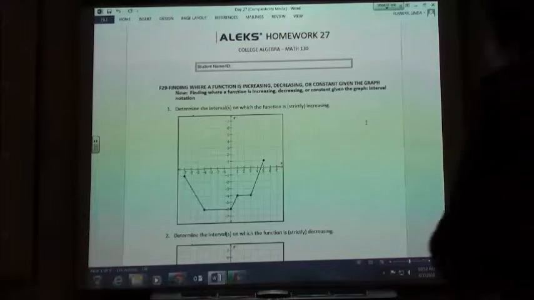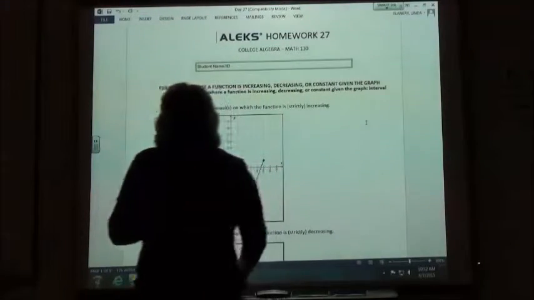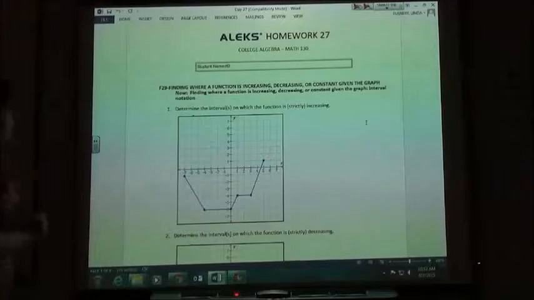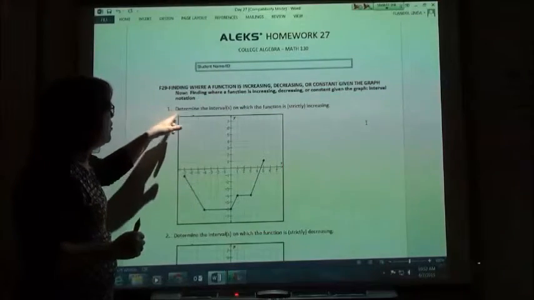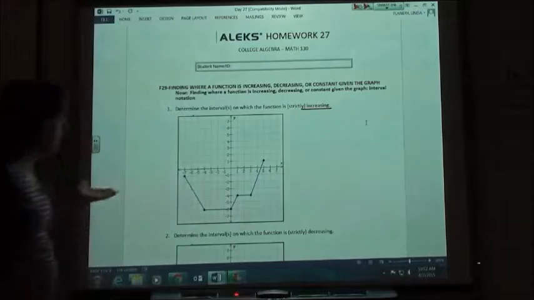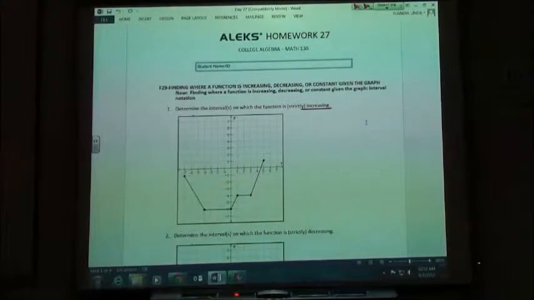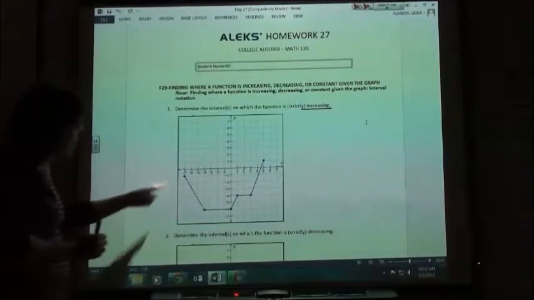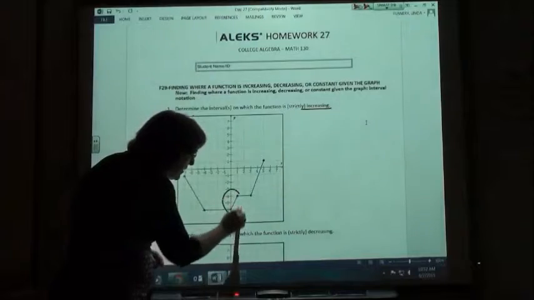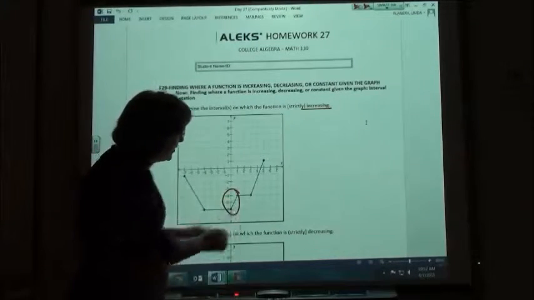All right, college algebra homework day 27 says finding where a function is increasing, decreasing, or constant given the graph. So if it is going to be determine the intervals on which the function is strictly increasing, we want to look at our graph to find the sections of our graph where our line is going uphill as I go from left to right. This section is decreasing, this one is constant, this one is increasing, this one is constant,